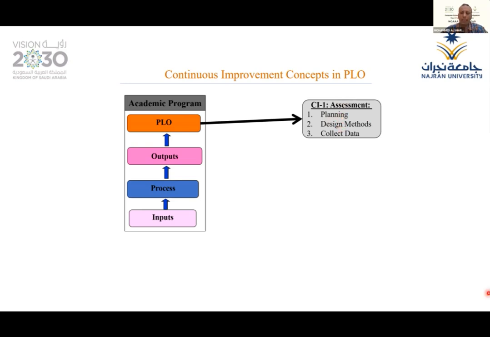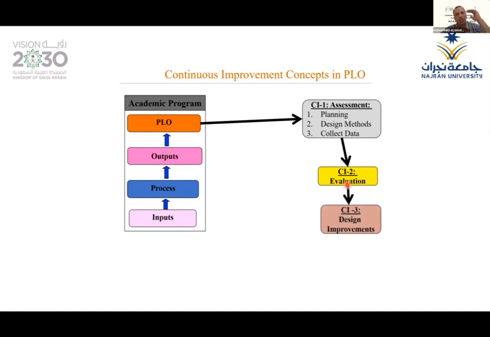After that, we have to do the evaluation. For example, the assessment of PLO to see each PLO, for example, the 11 PLOs in CS. What is the assessment in each one of the PLOs? What is the number that we achieve? 55, 60, 70, 80, which we'll explain tomorrow. Based on that, we have to evaluate why we got this number. Why in PLO S2, for example, did we achieve 35? Why? We have to see the evaluation.